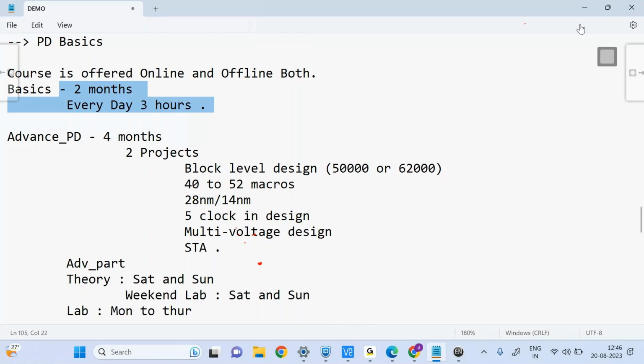So what companies have visited VLSI Guru? What is the placement status? Please ask in the group. They will post you in that. If you enroll, they'll post you in that, or you can call the manager and you can enroll and verify it. From tomorrow you can start doing that, because today is Sunday. I'm not sure about that. From tomorrow you can, or else you can ask in the group. Yeah, right. So according to my recent understanding,